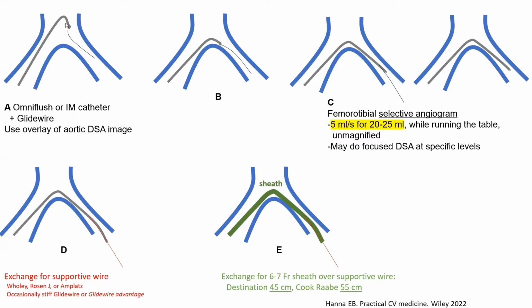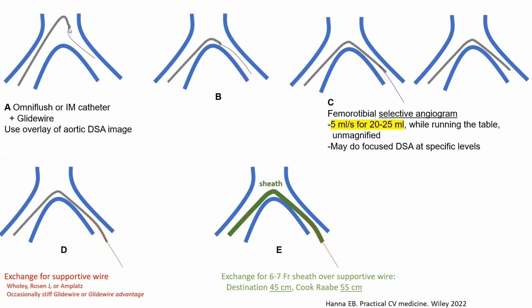I use the overlay image to help direct my wire into the contralateral limb through the OmniFlush catheter. So I torque the catheter, I make it look toward this direction, and I advance the wire. We use a glide wire. It has to be a slippery glide wire